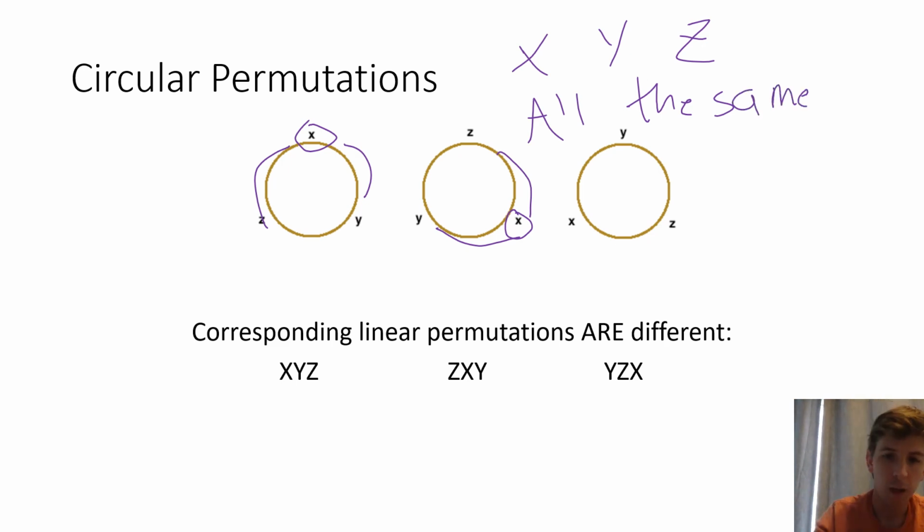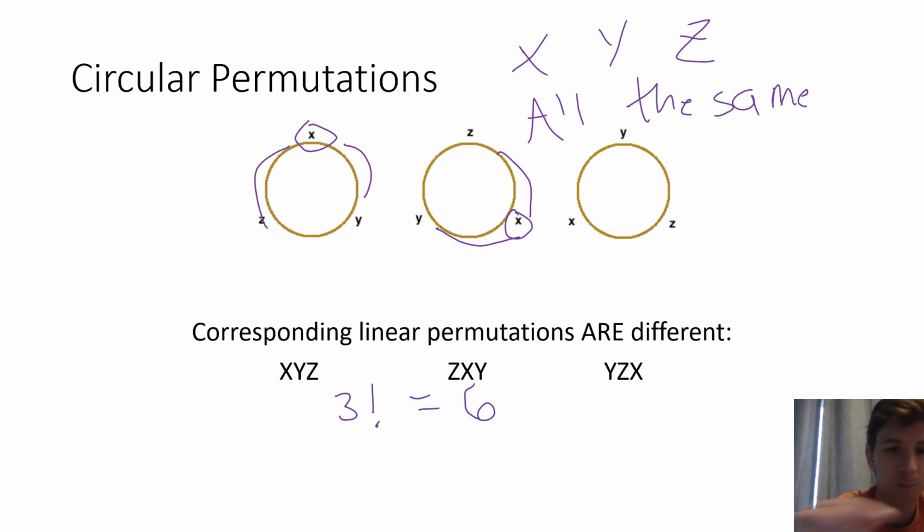The corresponding linear permutations for these 3 people, if they were going to line up in a line, are all different, right? X, Y, Z; Z, X, Y; Y, Z, X. So we have to think about the relationship between the number of linear permutations and the number of circular permutations. The number of linear permutations for these 3 letters would be quite easy. It's just going to be 3 factorial,